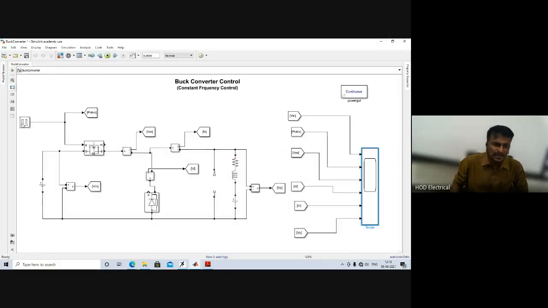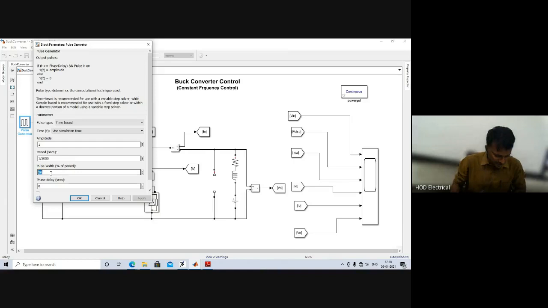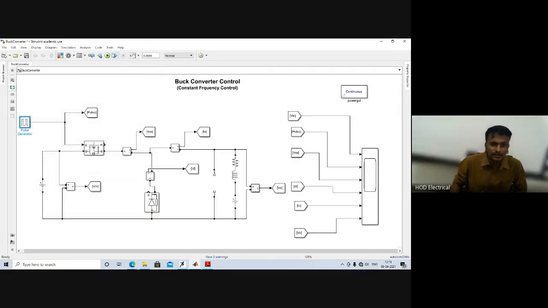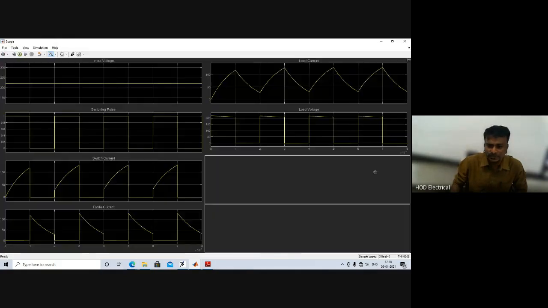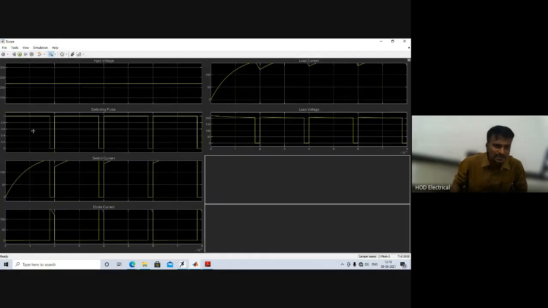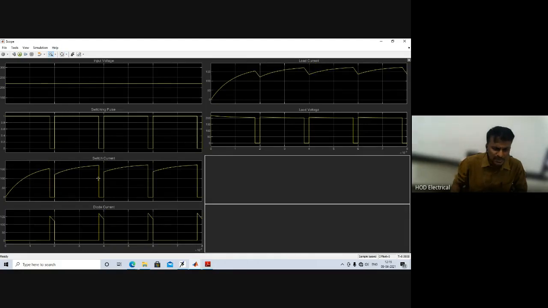Similarly, if we increase the duty cycle to around 90%, you can see the output voltage waveforms a little more clearly. See here, the input voltage on time is more and the off time is less, but the switching time is constant. Then again the on time is more, and the switching time is constant. Until the end of this on time, the switch current will increase, then after that the switch current will be 0, then again increase, like that.